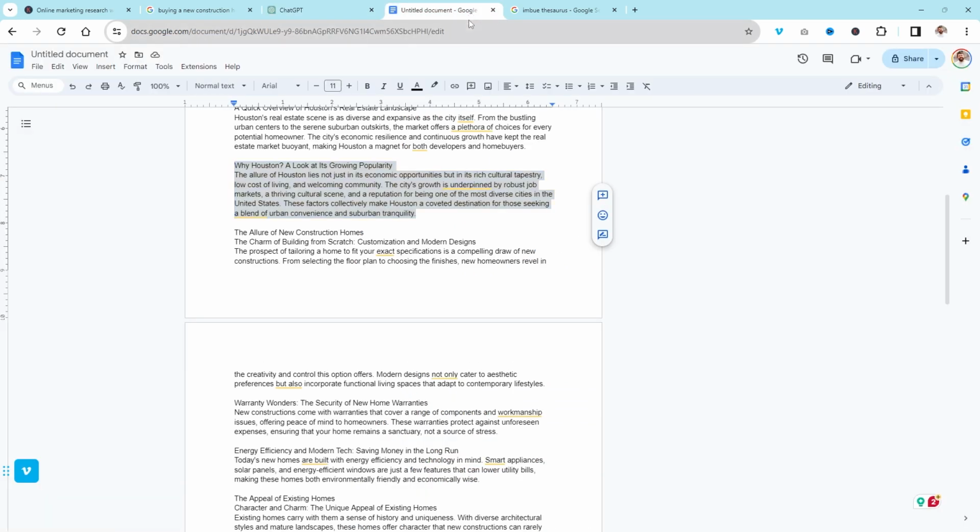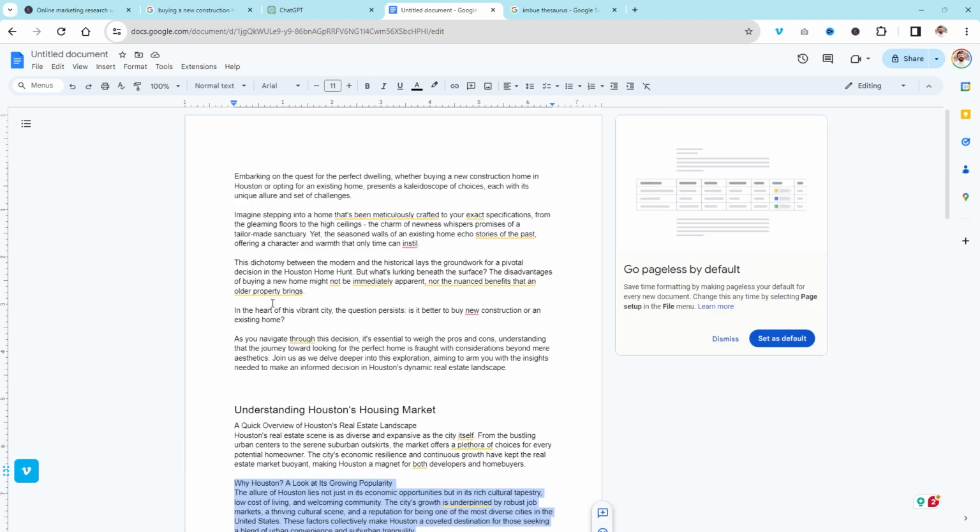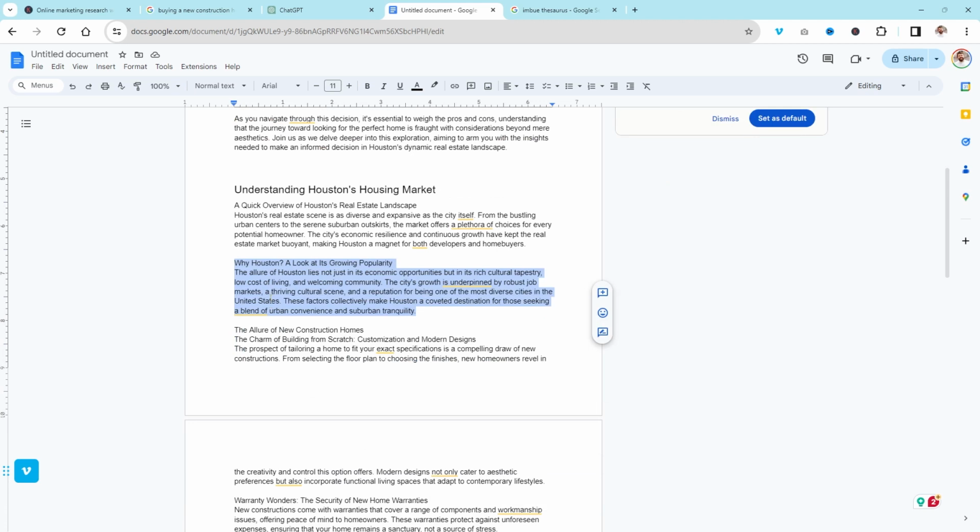The whole idea is that you can quickly go through, edit it, but as long as those keywords that you learned how to do in my last video are here and here and throughout here, and you can make sure that those keywords that you want, and you can give it more keywords to use as you rewrite those paragraphs. Maybe you want to include, when buying a home in Houston, you can tell it, I want to use when buying a home in Houston, I want to use that keyword phrase because maybe you found out that it got 1,000 searches. That's when you can go back and start localizing this too with the help of that and still